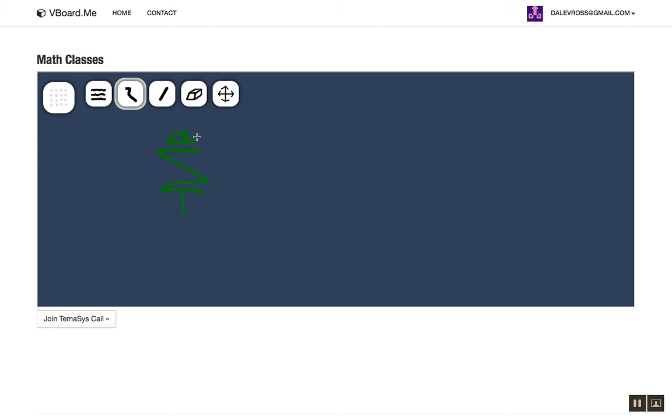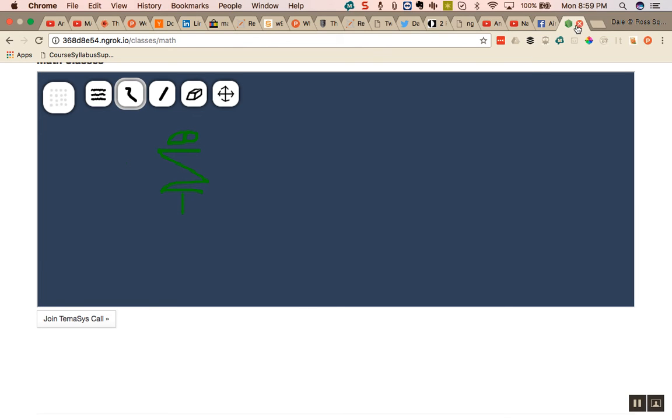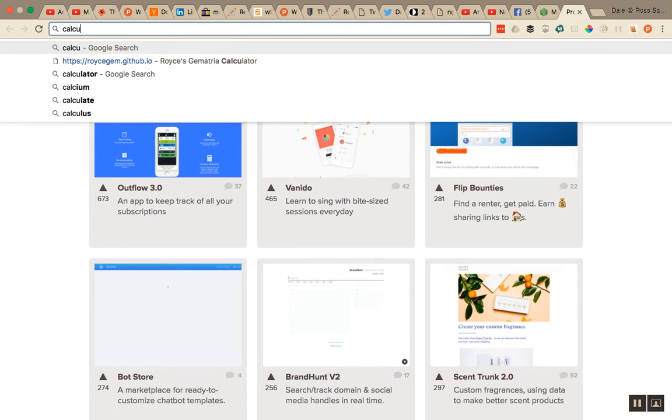I think that's a weird infinity symbol. Of, I think it's like 1 over 1 minus 1 over 2. Some, I could Google it. Calculate pi.